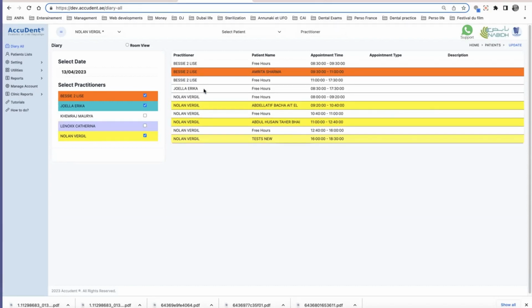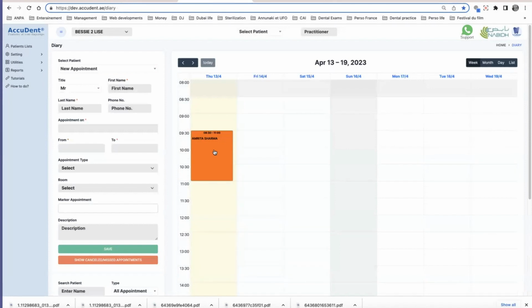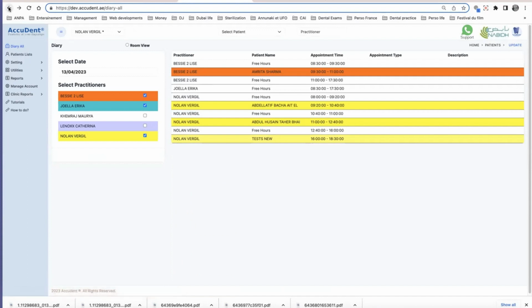For Joella Erica, she is free from morning to night. Nolan Virgil has 1, 2, 3 appointments, but these appointments might not be in the same room. They might be in different rooms. Okay, so when I am in Nolan Virgil and I want to see this patient Amira Sharma, I double click on that and I open the cases of Bessie Lee's,